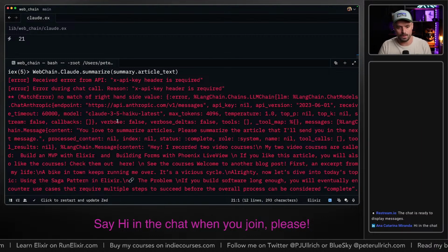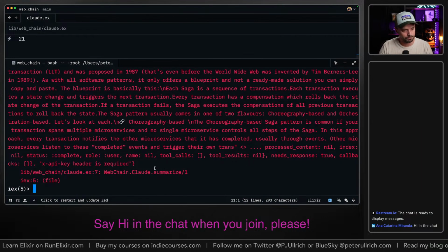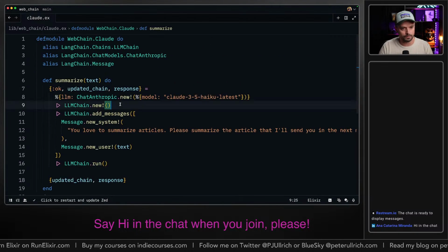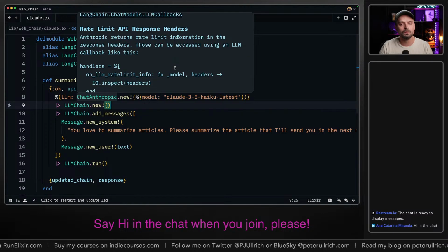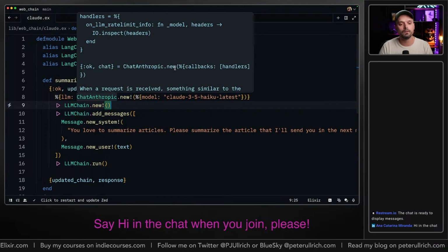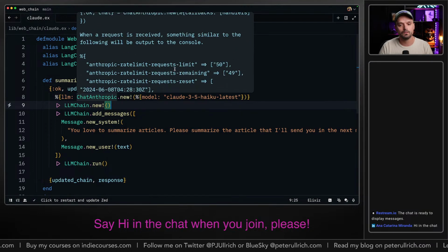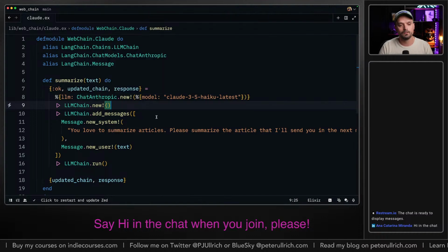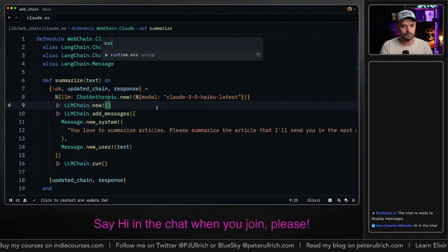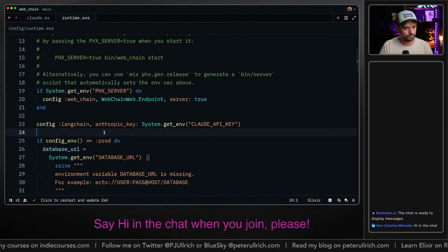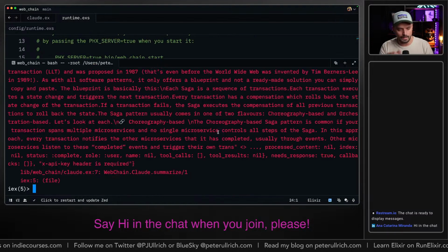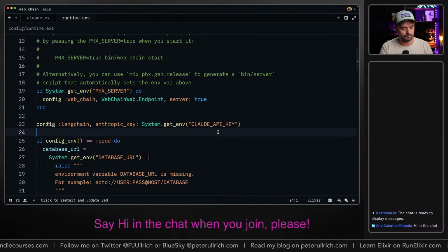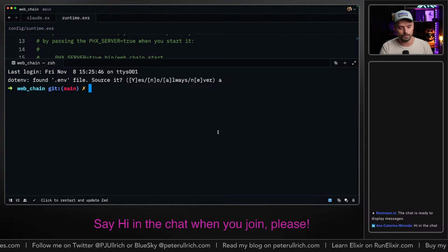That's great. Why is our API key nil? I mean, I set it, right, in the runtime. Did I set it in the wrong place? No, Anthropic key, and I think, yeah, I need to close my terminal, because otherwise... now we have the environment.